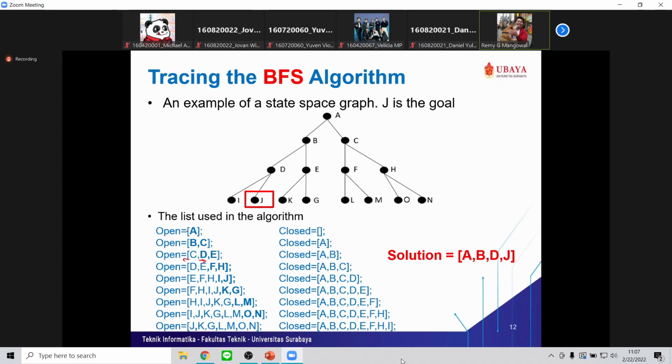This way, every time you check the leftmost one, the leftmost should be the oldest node in the stack. Like here: A, B, then C, D, E, F, H, I, J, K, G, L, M, N, O, and so on. That's why we should put the new ones on the right for BFS. For DFS, of course, you should put them on the left side.